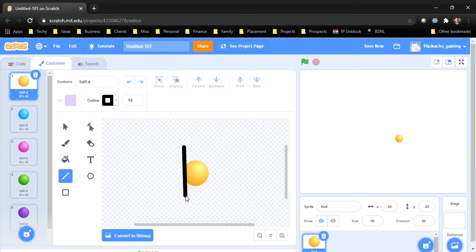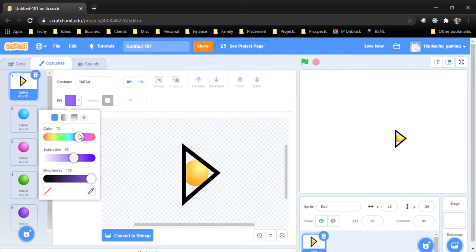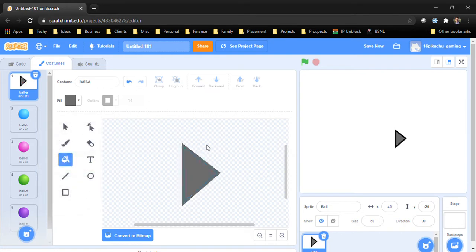So I am drawing it like this, then like this, then like this, and okay. Go in the filler and choose a gray color.